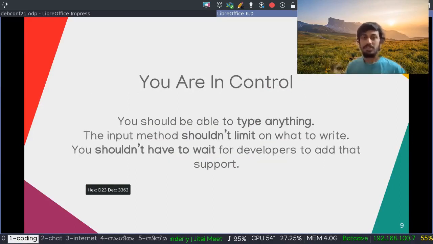And finally, to sum it all up, you are in control of your input method. You should be able to type anything freely. There are no restrictions with Varnam. You can type anything you want. There is no limit at all. You shouldn't have to wait for developers to add any new kind of sets of words that is not possible to type. So my primary motivation in writing this library, Varnam, was that I couldn't type some words with